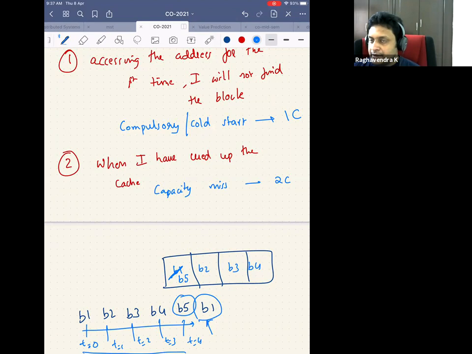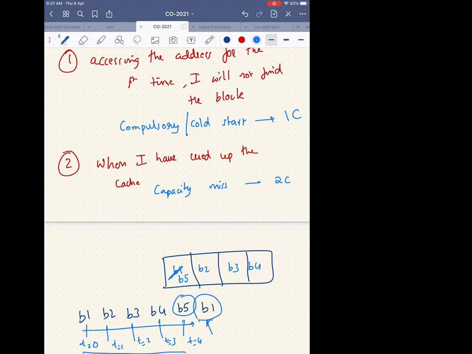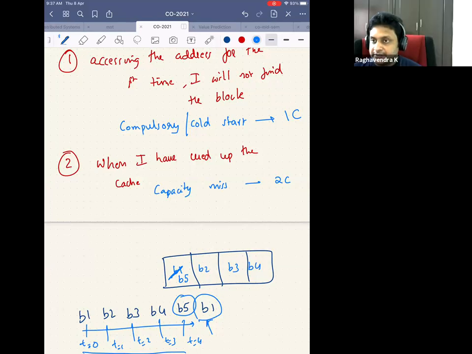But there's a very easy way to reduce the capacity misses. Can you tell me how can I reduce? Decrease the number of sets. Man, there is only one set, right? I can define, or I can understand, capacity misses only in a fully associative cache, and the number of sets in a fully associative cache is 1. So I cannot decrease the number of sets. I can't even measure capacity misses then. If I decrease the number of sets, then the number of sets will become 0. It means that there's no cache at all.